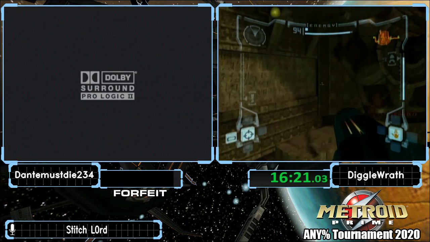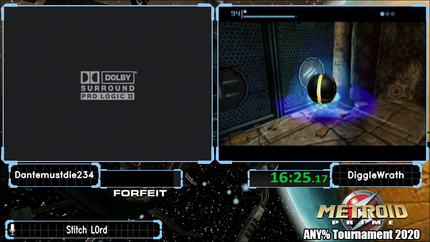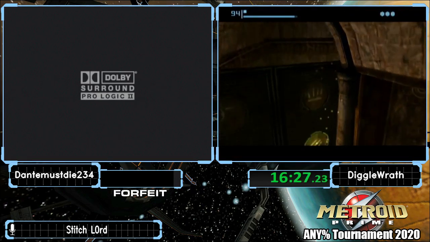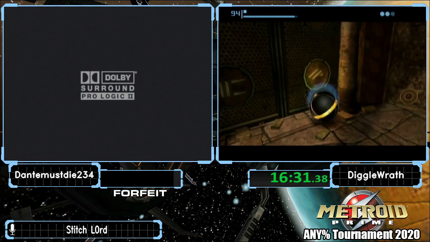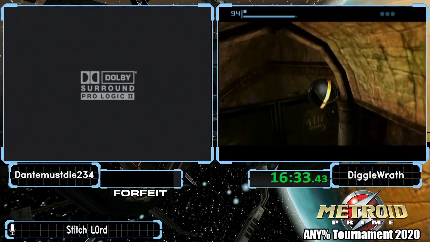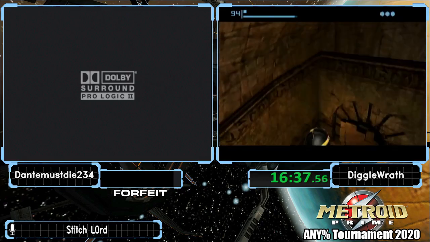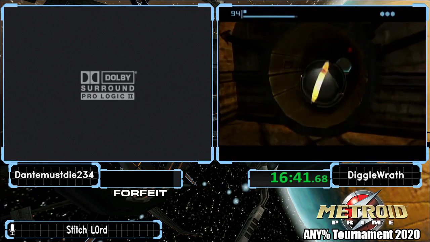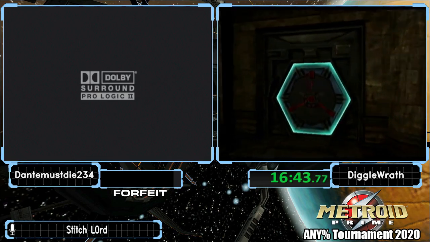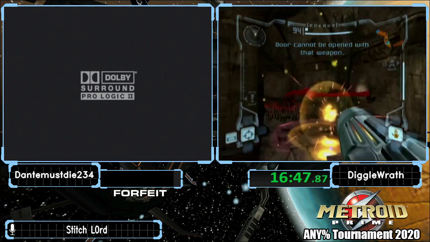So normally you're supposed to be scanning all these things around this room, but you can actually do a bomb jump here. And you can just bomb jump over this gate. I believe scanning the things only loses like 6 seconds, so if you get the bomb jump like second or third try, it's not faster, but the bomb jump is cool, so...